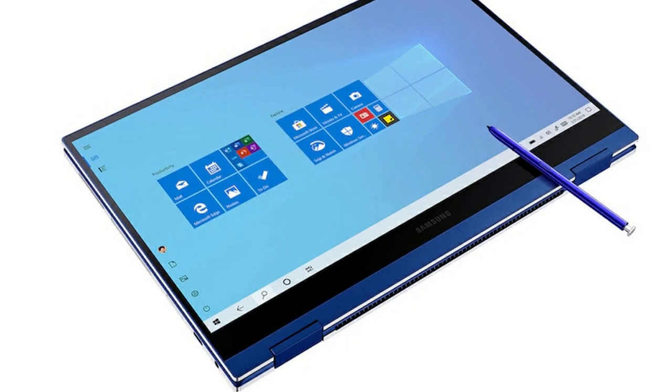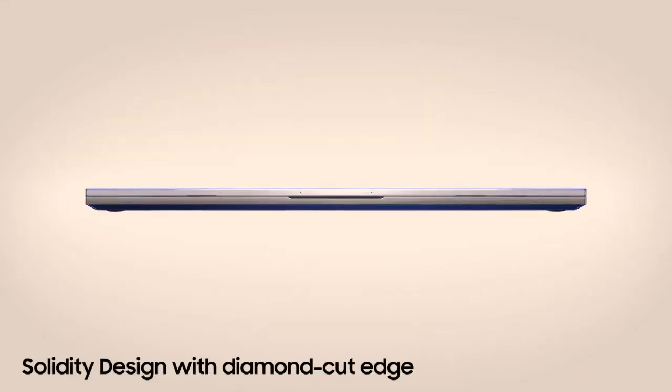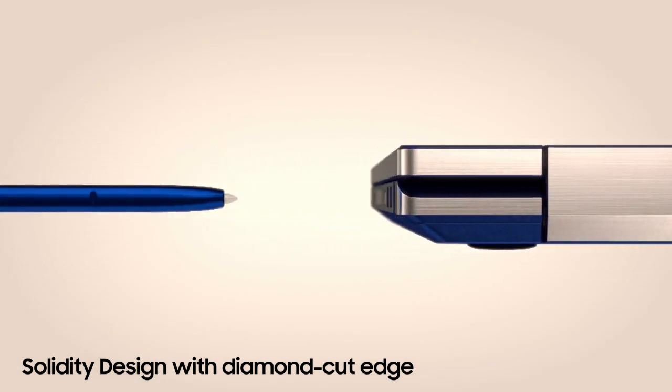Today's video will discuss the Galaxy Book Flex 15.6 QLED laptop. What is the price of this laptop, when is the release date, and all the features will be discussed in